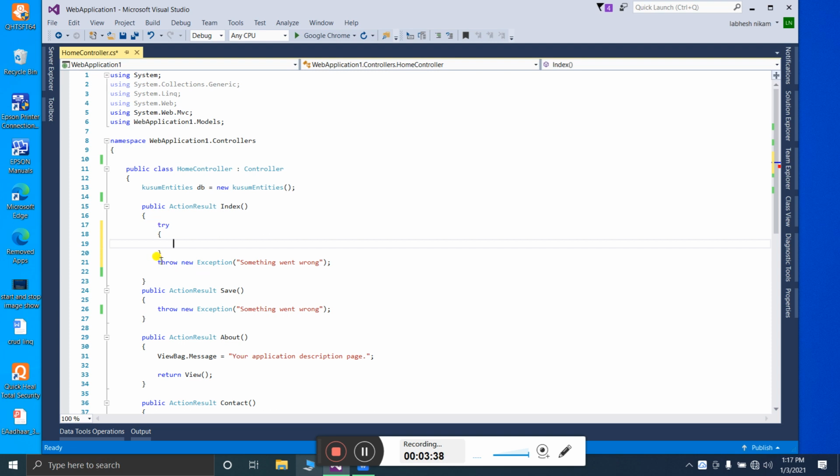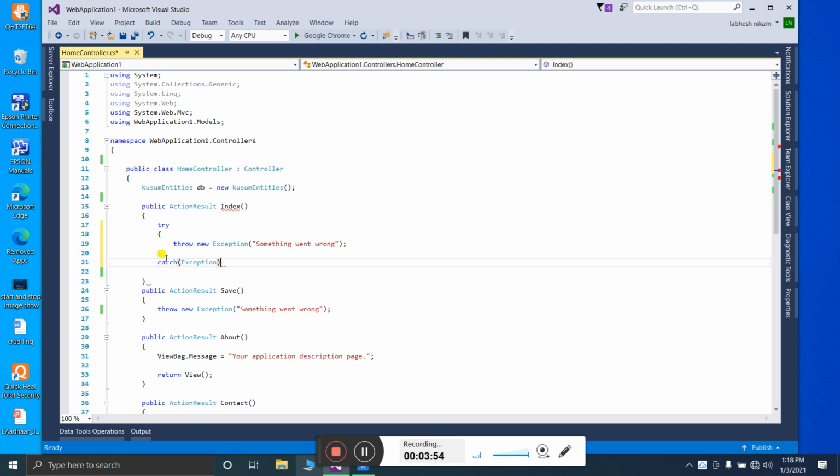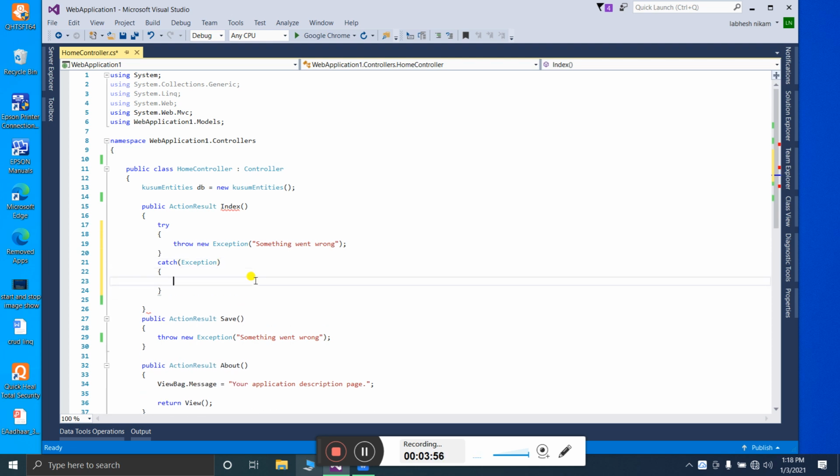Put this inside of the try and catch block, catch exception, and here return redirect to action and display the error page.